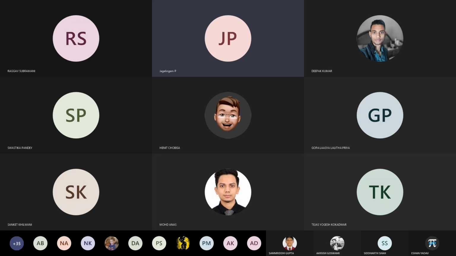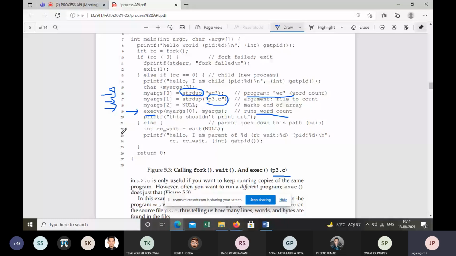Let me share the screen. Here in line 22, rc hyphen wait is the left hand side, and in the right hand side you have wait null.